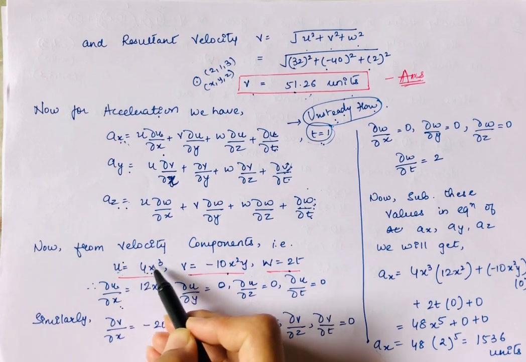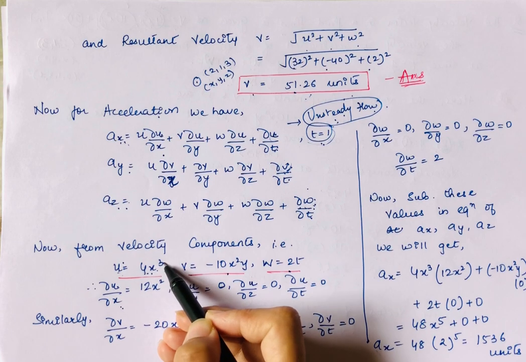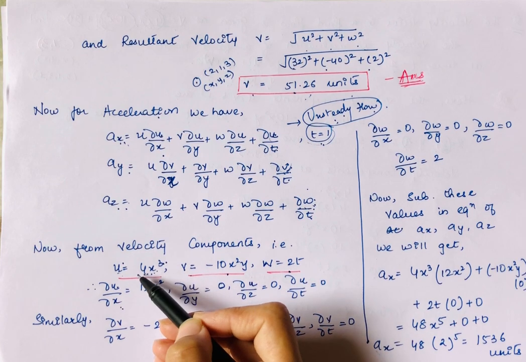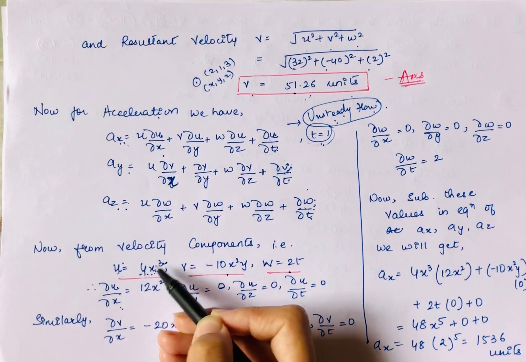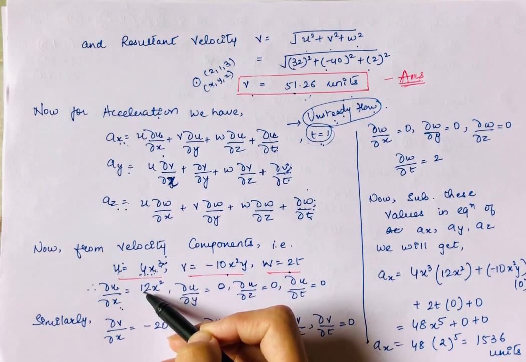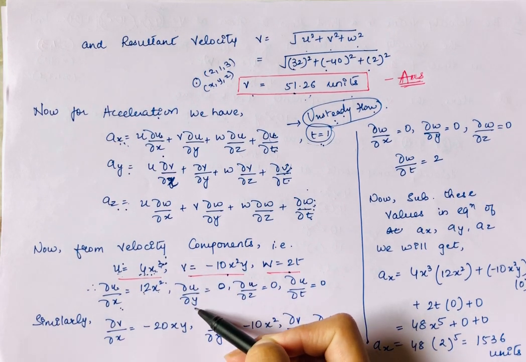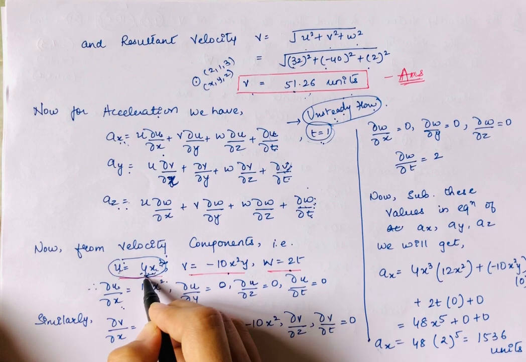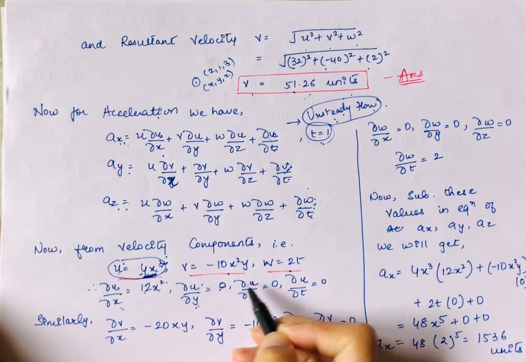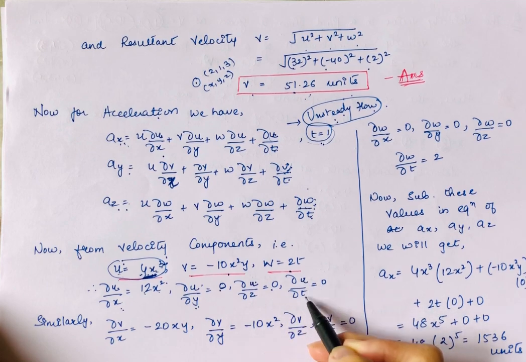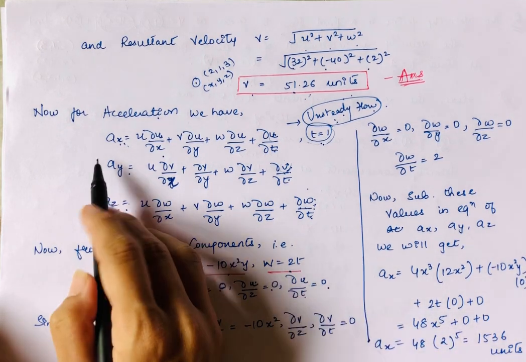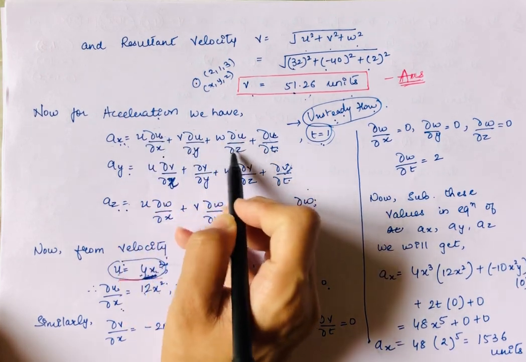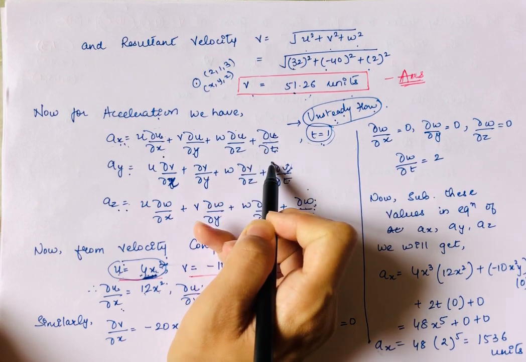the partial derivative of this u with respect to x will give us, for 4x cube, x raised to n is n x raised to n minus 1. So this will get multiplied by this, so 3 into 4 x raised to square. 3 4s are 12, 12x square. Then del u by del y: here we need to differentiate with respect to y, but since there is no y term in this, del u by del y will be 0, del u by del z will be 0, del u by del t will also be 0. So in this entire equation we got the value of del u by del x, and del u by del y is 0, del u by del z is 0, del u by del t is also 0.